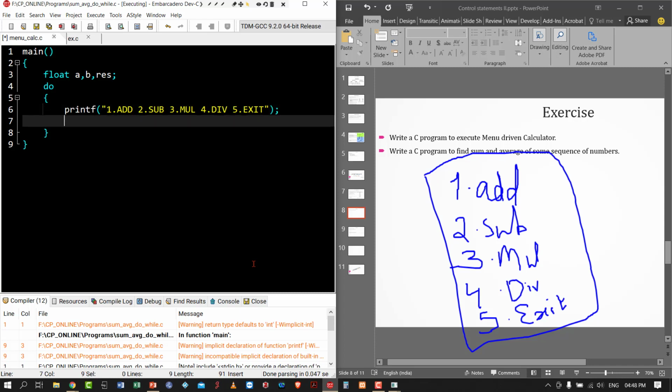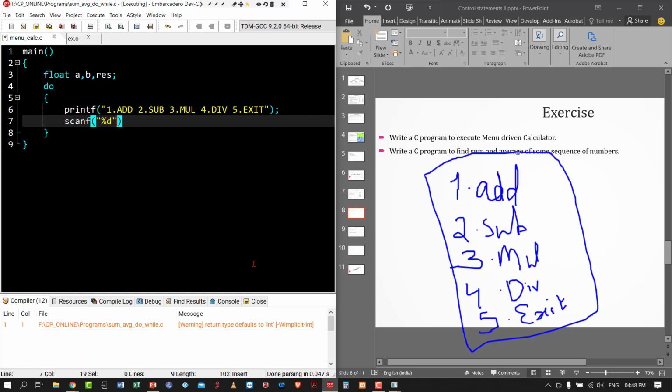Anyway, the user will enter some value 1, 2, 3, 4 or 5. It's an integer value, so I have to read that integer. For that I am using scanf %d.